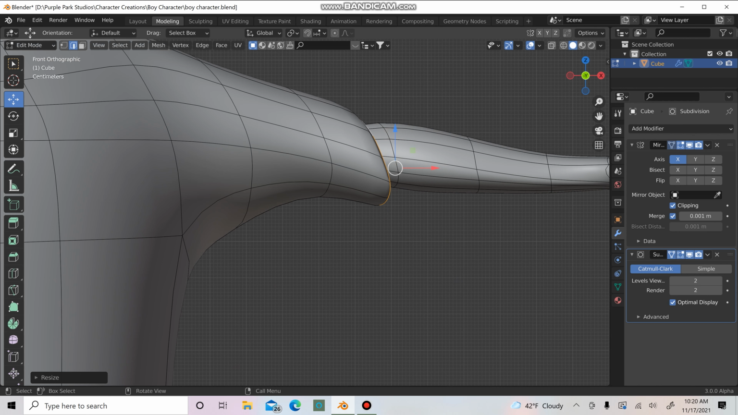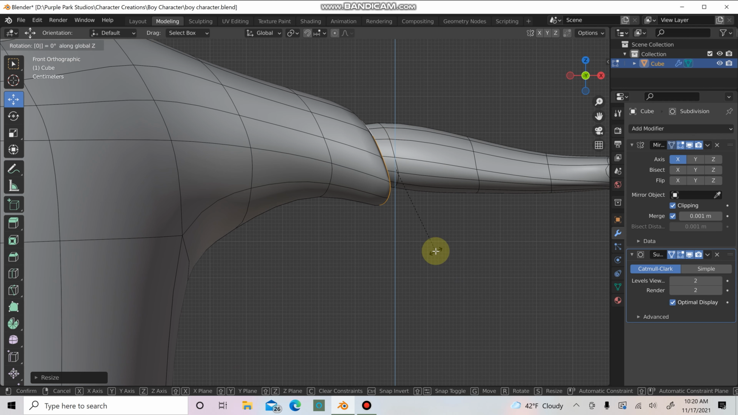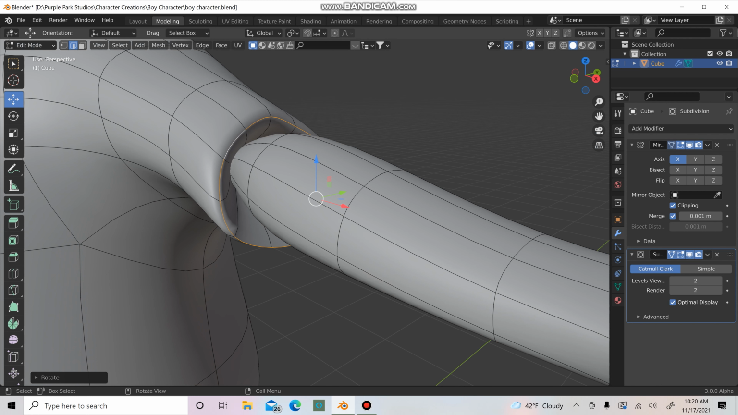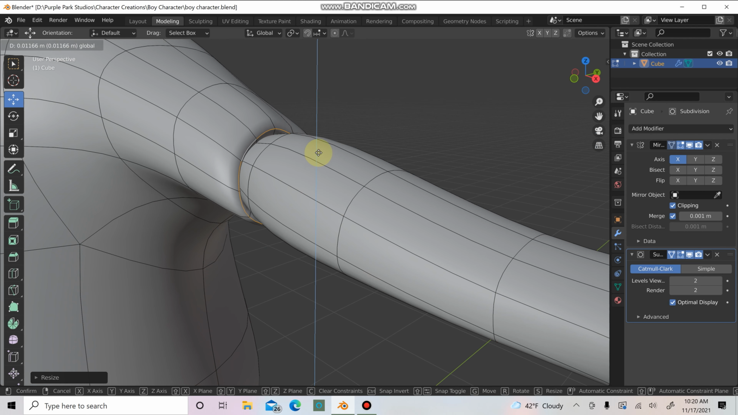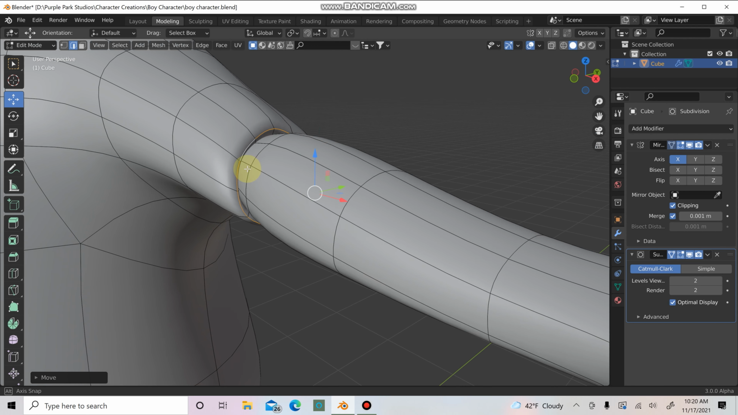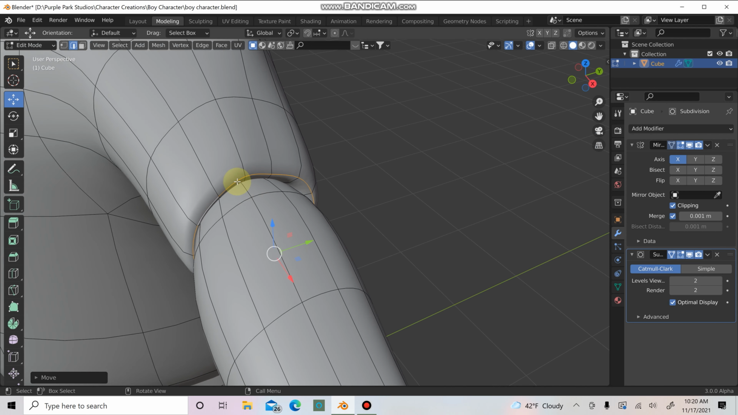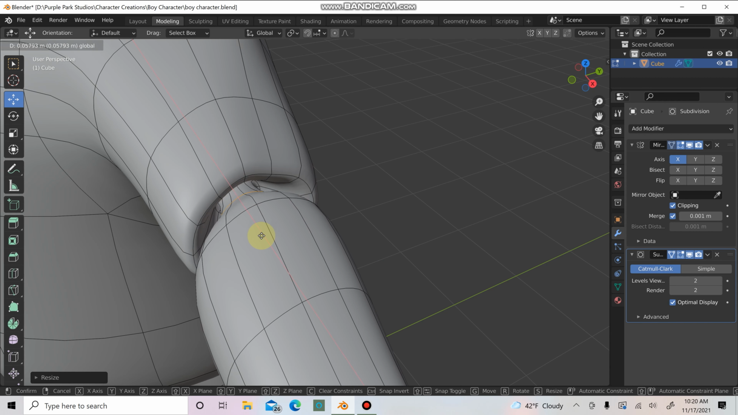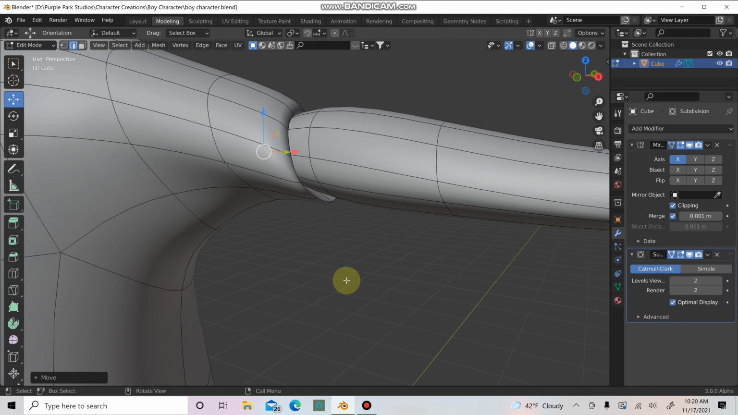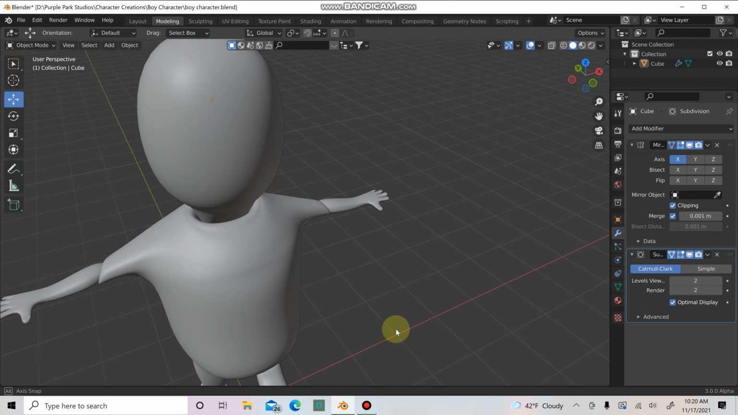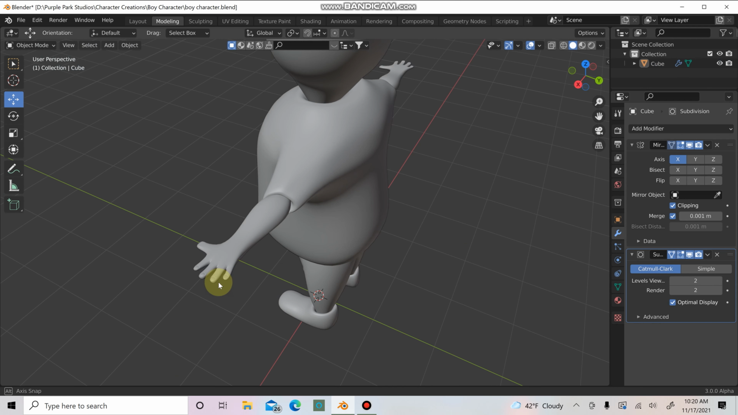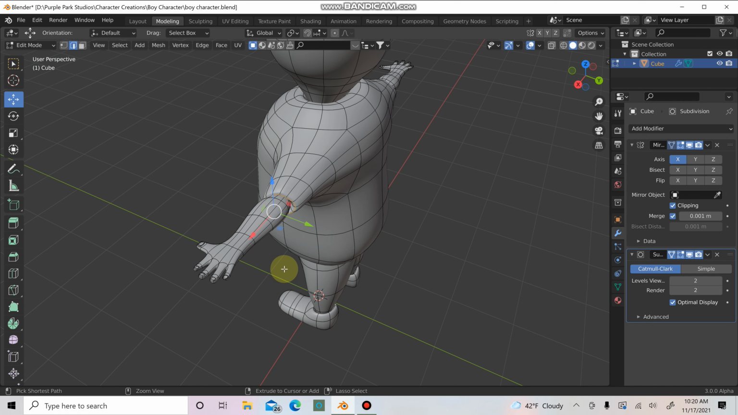Scale that up, and then scale that in like that. And just kind of line it up. If you need to, you can make another loop cut in here, scale that one in, and push it into the mesh too. You just want to make it look like it's tucked in. You don't want to have that. Looks pretty bad actually. It's almost like reverse. So let's undo that,